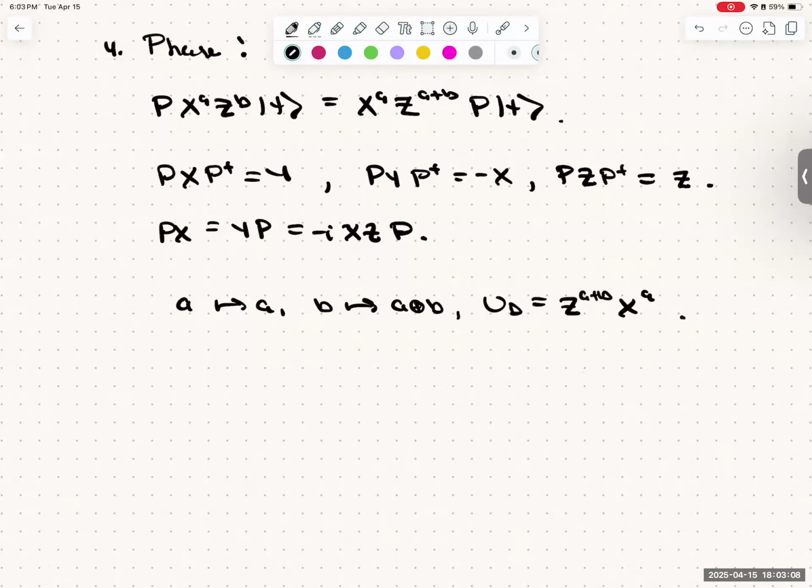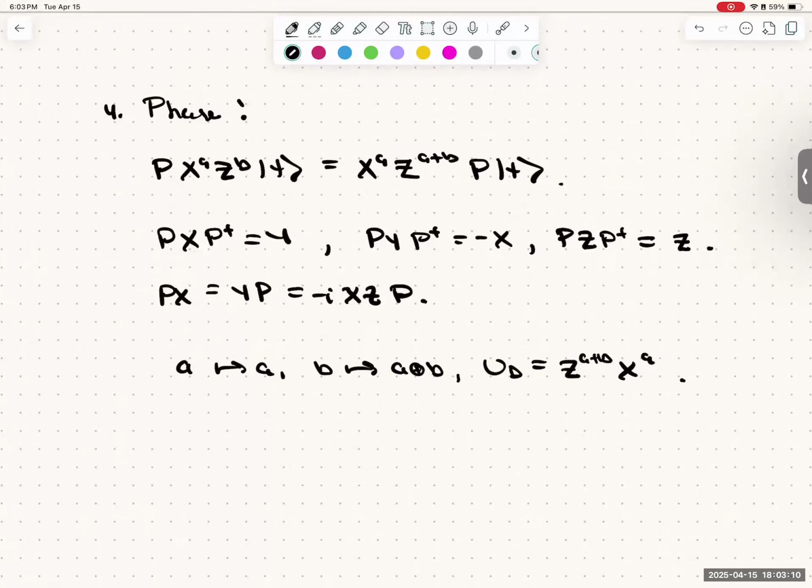I have a question here. Yep, sorry, X went to... okay. No worries. I could have messed up a sign somewhere, but I think it's not important, right? We don't care about the signs, I guess. To be safe, it's something like this, because the X will go to Y and Z will stay. So you're combining that, but maybe there will be some phase. Anyways, there will be some i's floating around, but like you said, we don't care.